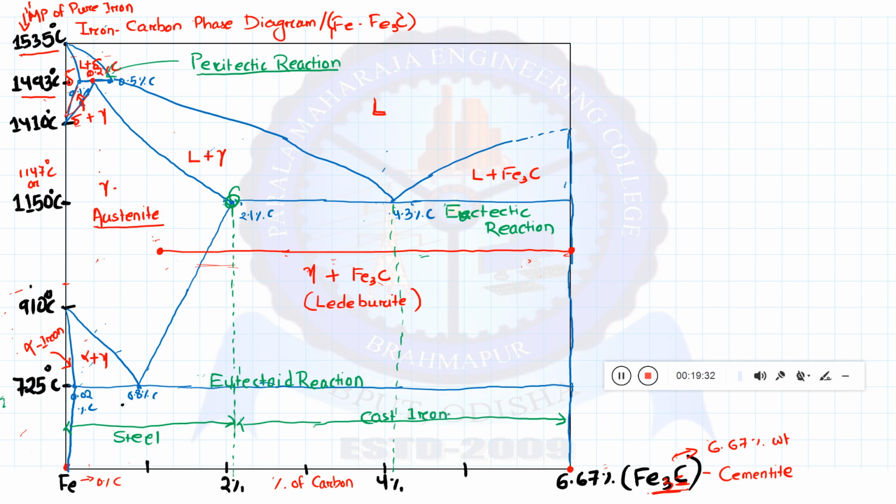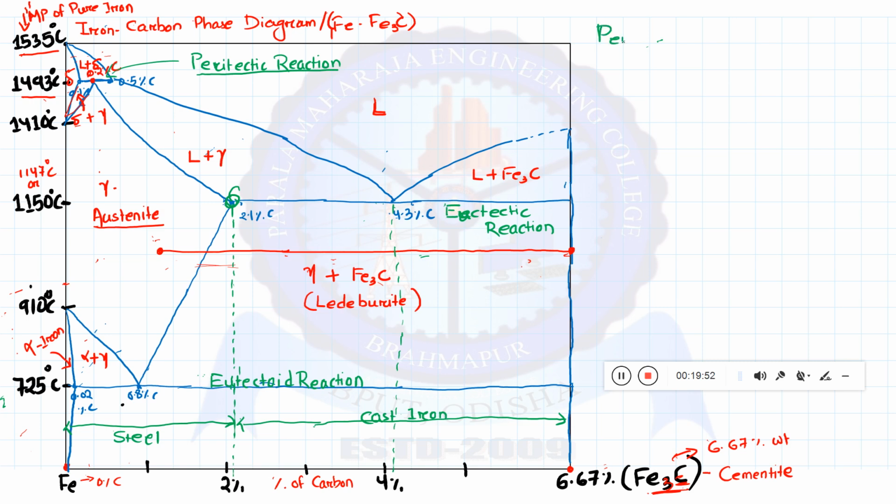Understood, everyone? Okay. So, now let me enlist all the three invariant reactions. That will complete the information regarding our iron carbon diagram. So, first, that is